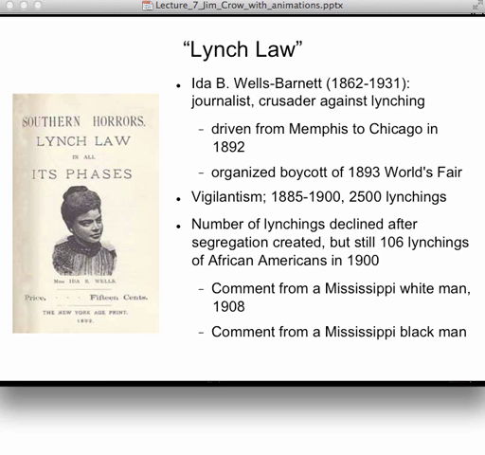And I want to read you a couple of comments that explain this epidemic of lynching. I want to apologize for the offensive language in these comments, but we're trying to understand how people at the time looked at this issue. First comment from a Mississippi white citizen in 1908. He said, quote, "When there is a row, that is a fight, we feel like killing a n-----, whether he has done anything or not."